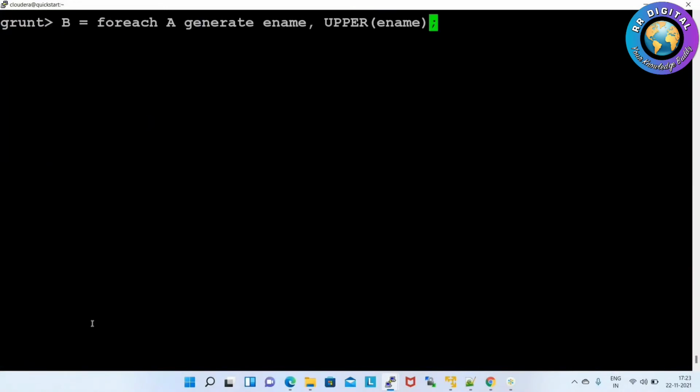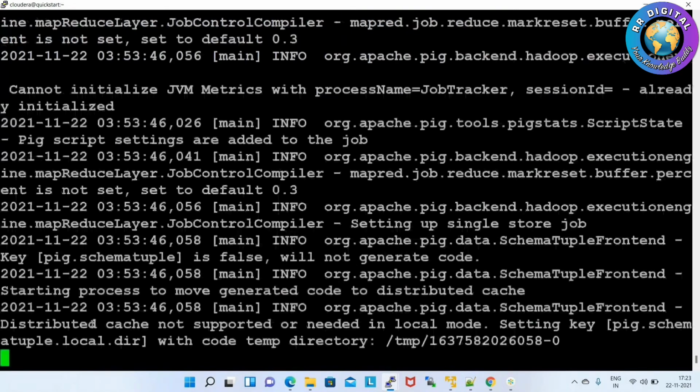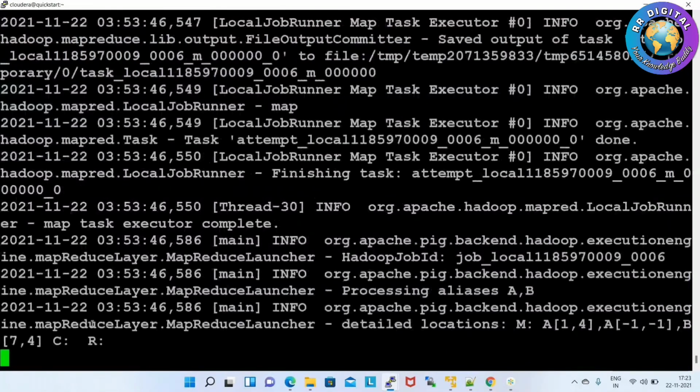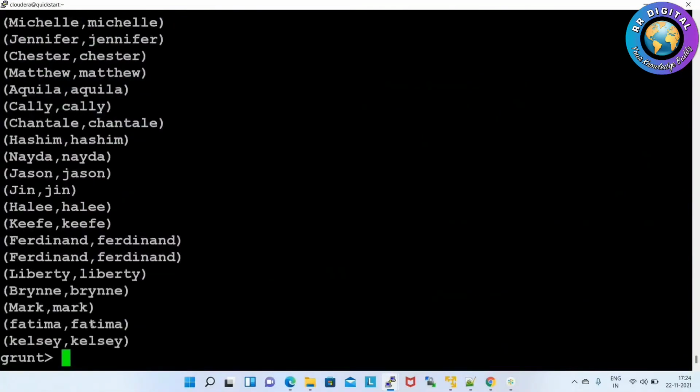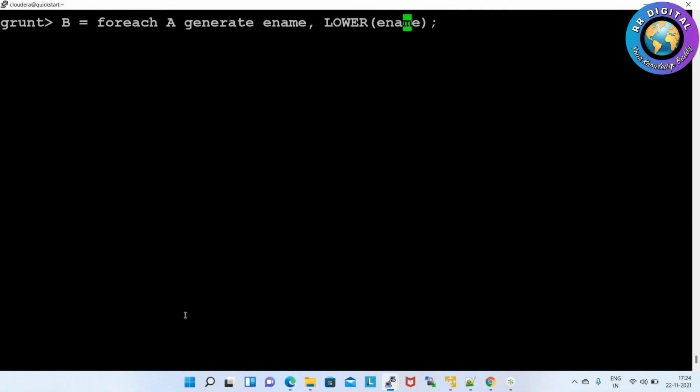The same way lower also. Lower. Now it will convert into all lowercase letters. Here capital M, but here small m. And the same way LC first and UC first.